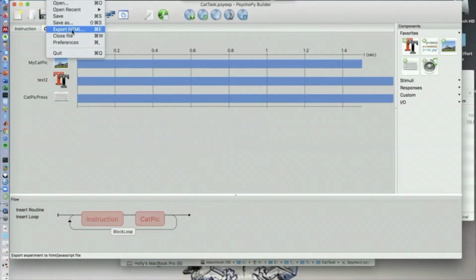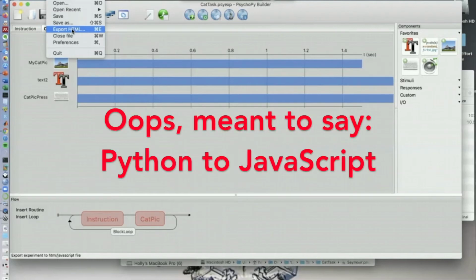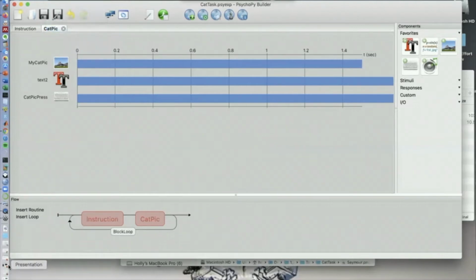So what this is going to do is convert your Python code, because you've been coding in PsychoPy, which means you have Python code. It's going to convert that Python code into Java code. So let's go ahead and press that, export to HTML, and then have a look